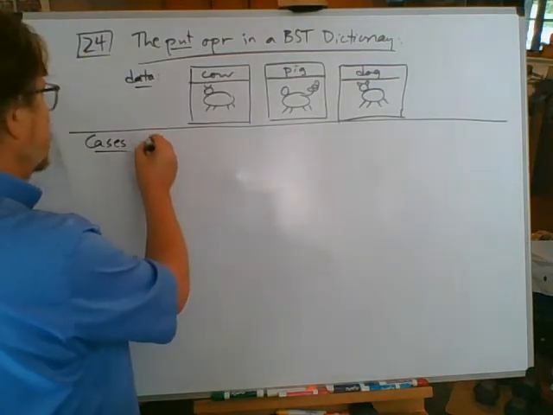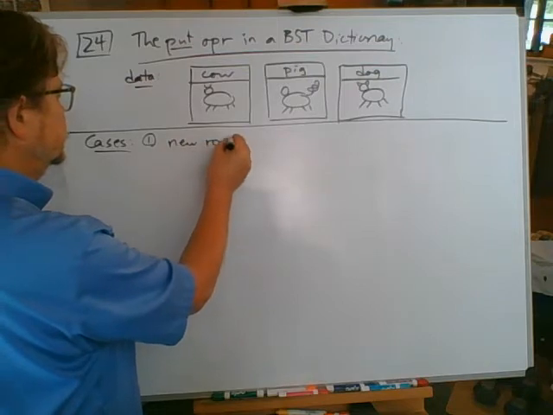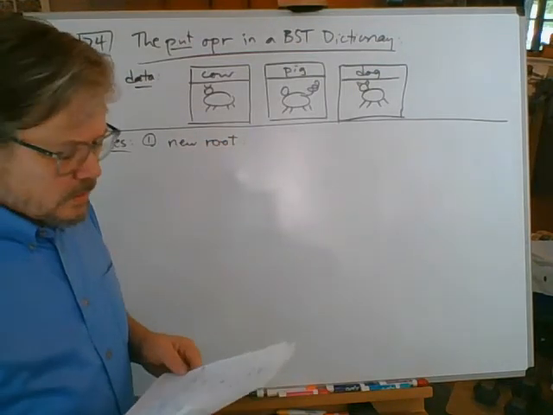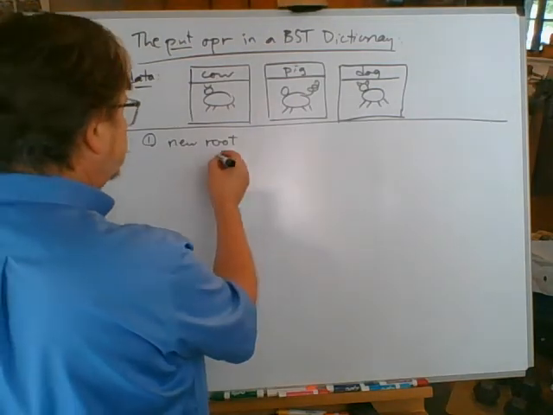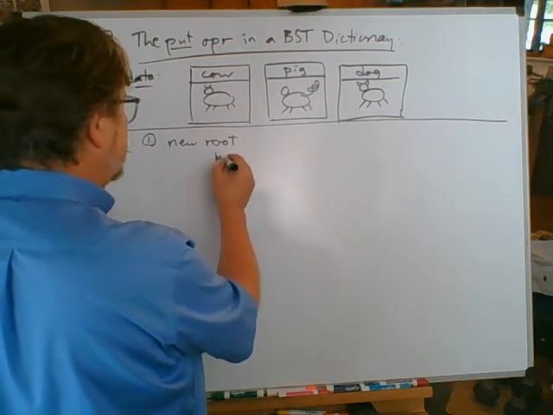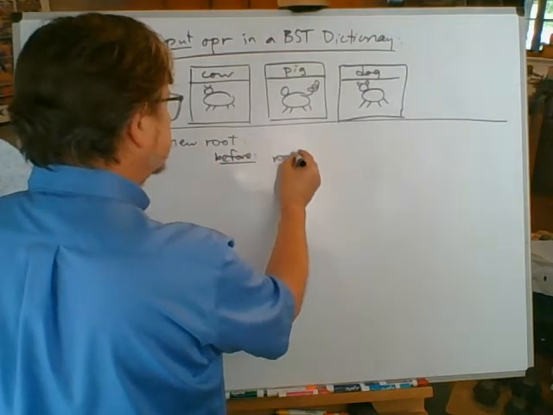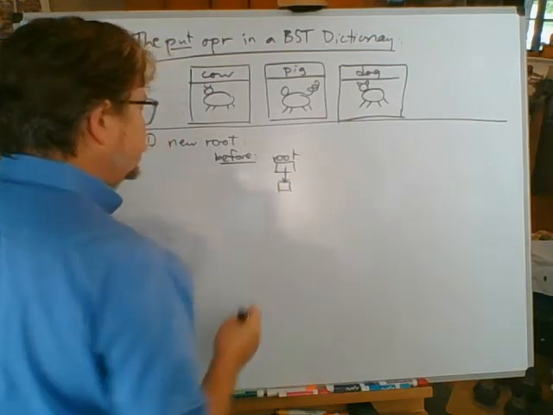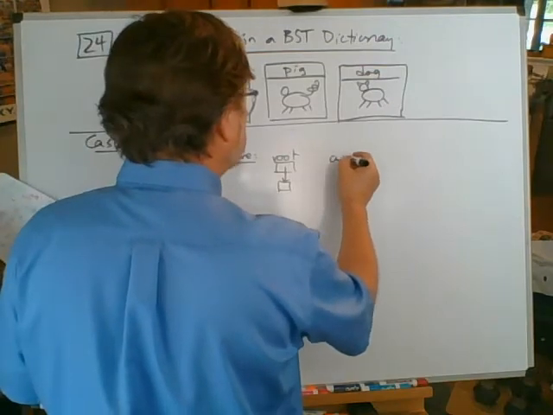Case number 1, new root. In other words, this is the very first thing that's being inserted. There's nothing there. So the root, let's see, before and after. The root at that point would be a single external node, a little square. The after picture,